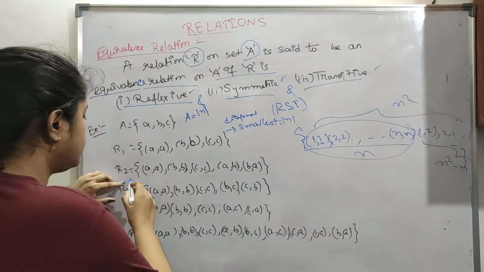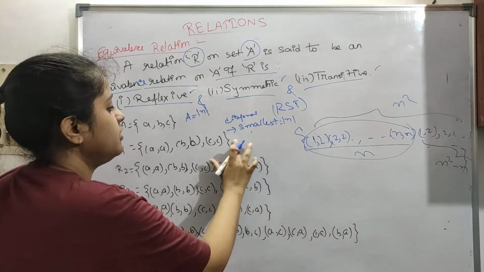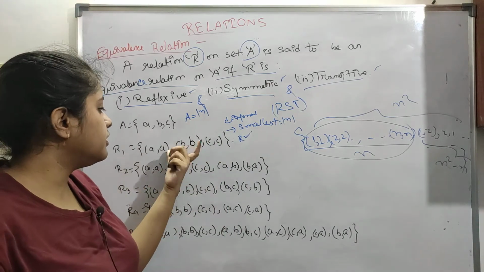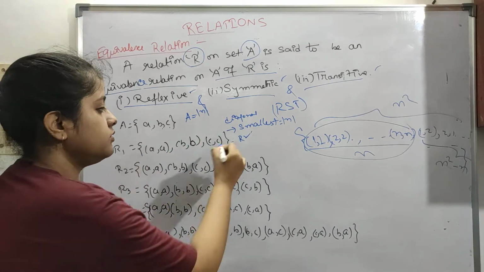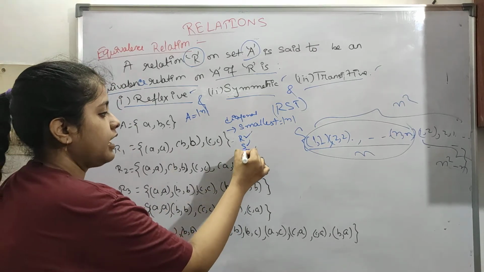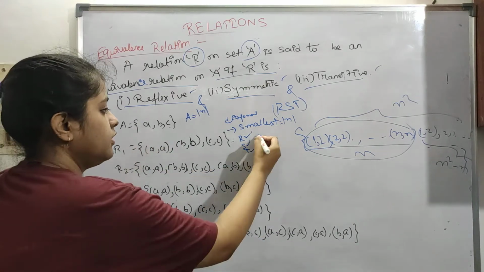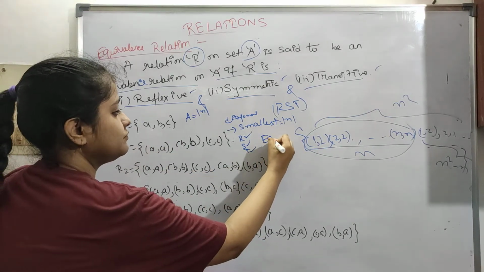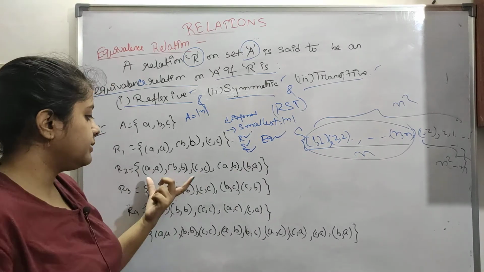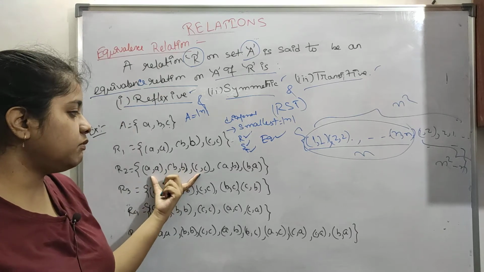Okay, so next. This is reflexive, and you can see this is symmetric because all the diagonal elements are present. Transitive, we don't have to check anything because it's just the diagonal elements; (a,a) is not related to other things. So this is an equivalence. Next is R2: (a,a), (b,b), (c,c), the reflexive ones have to be present. So this is our minimum.